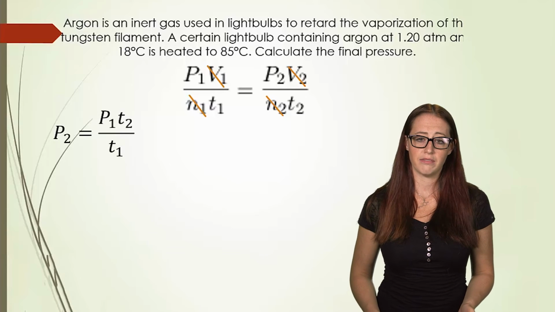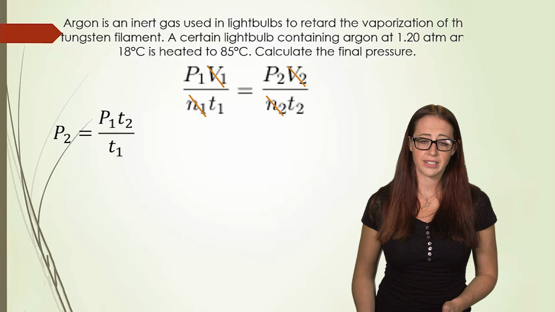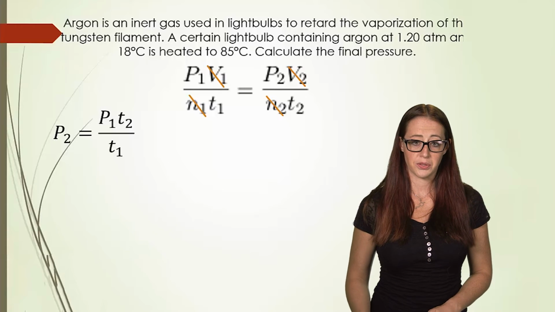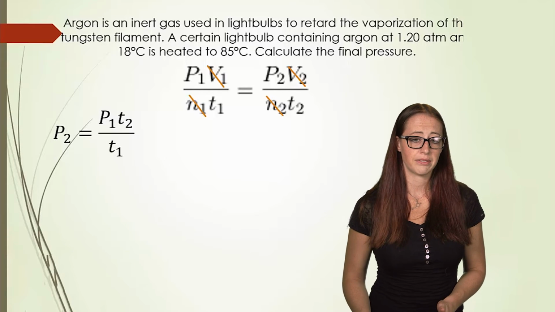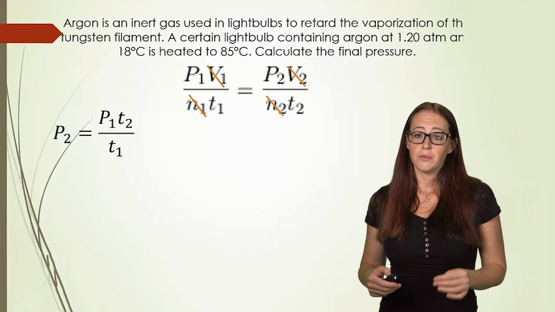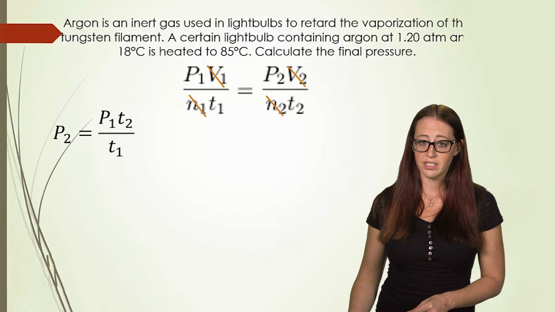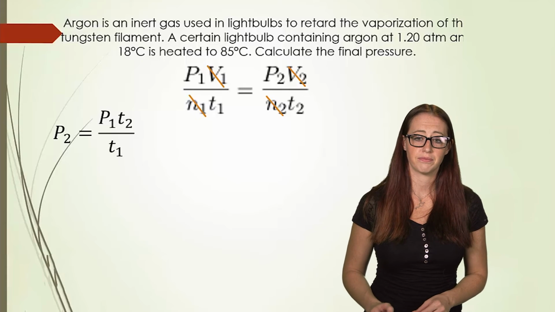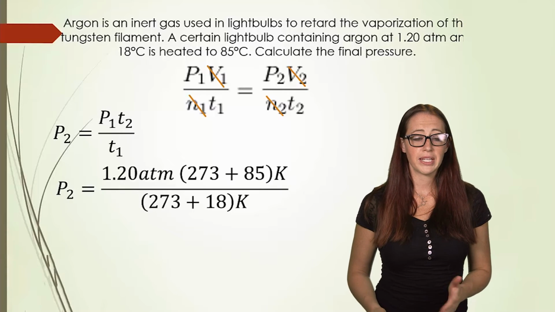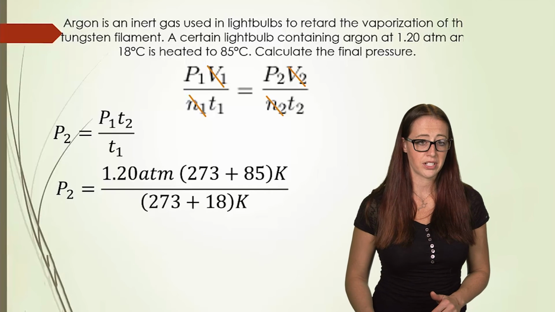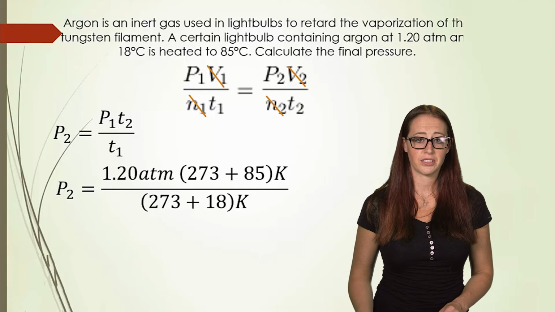We now solve for P2 and fill in our numbers, being careful to convert everything into Kelvin. Remember, even though this is a ratio, the conversion factor for Kelvin is addition, and so you have to do the conversion. We put in our 1.2 atmospheres and multiply by our Kelvin final temperature, divide by our initial temperature, and we